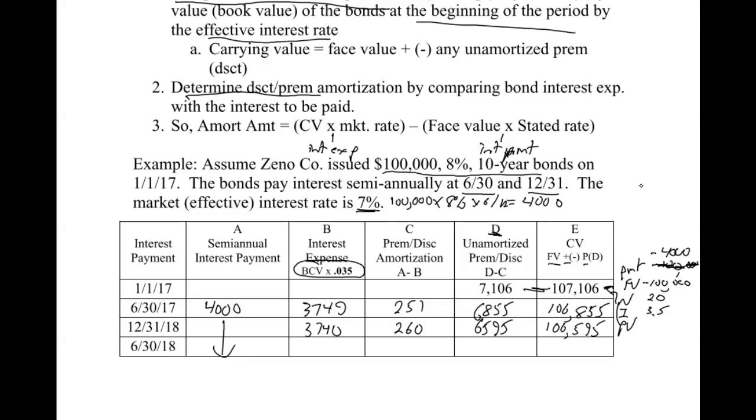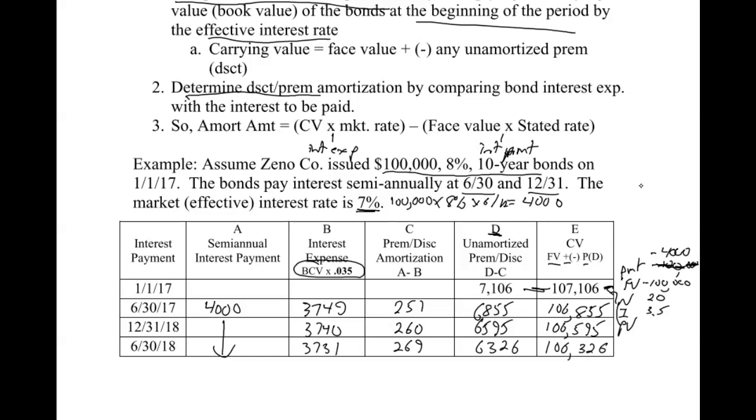You can see it's basically a glorified Excel spreadsheet that we're just filling in the numbers. If you did this in Excel, you could copy these formulas in and do it real quick. Students typically don't understand it, so I usually do a couple rows on each problem because students get the point. But let's do one more row. Take the 106,595, the beginning of the period carrying value, and that gives me 3,731, which makes this 269, which makes this now down to 6,326, and this is